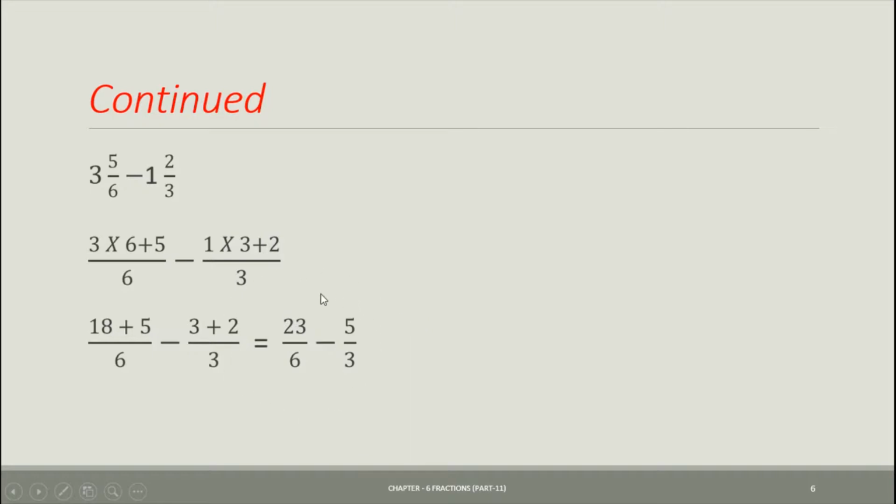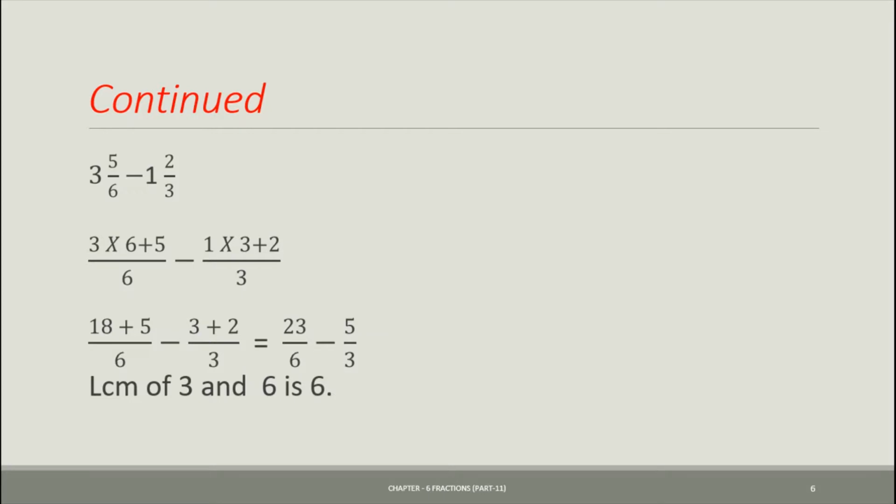We have to convert this improper fraction to like fraction where our denominators will be like, and then we can easily subtract the numerators. Okay, so the first step for converting this improper fraction to like fraction is we have to find LCM of denominators. So here we have denominators 6 and 3. So what is LCM of 6 and 3? The LCM of 6 and 3 is 6. Okay, scholars, you can find LCM by short division method.